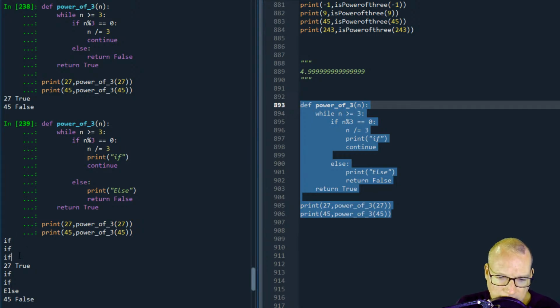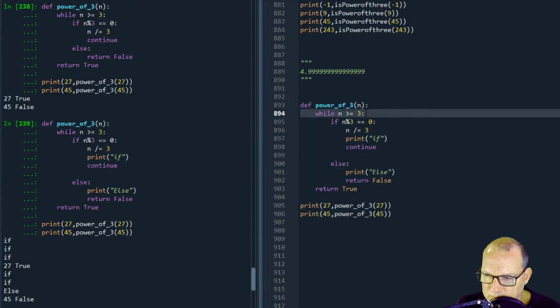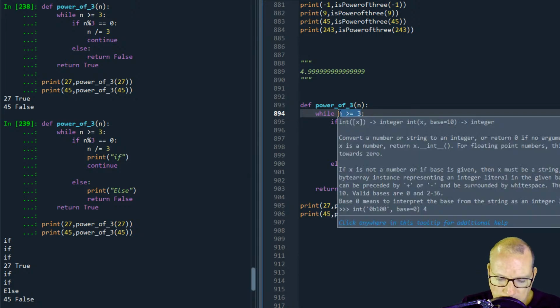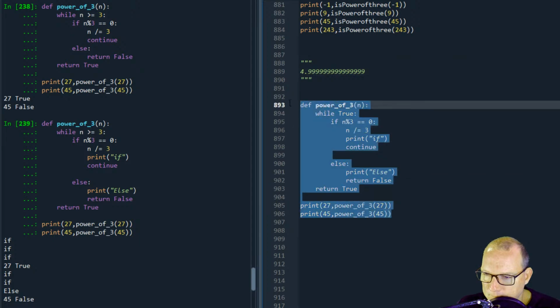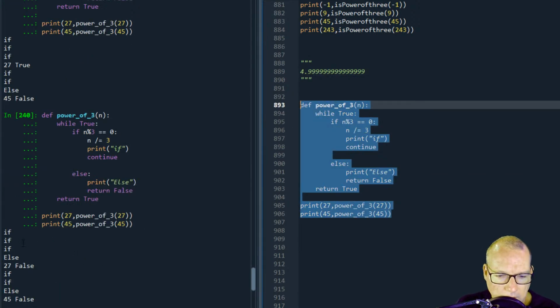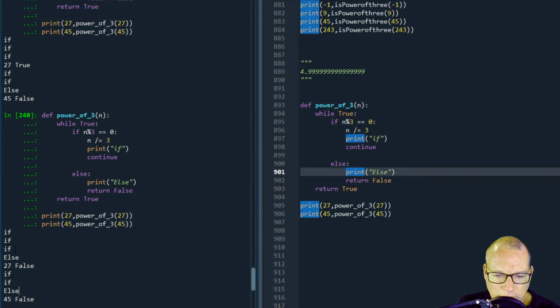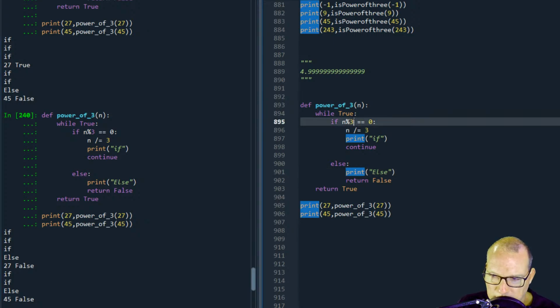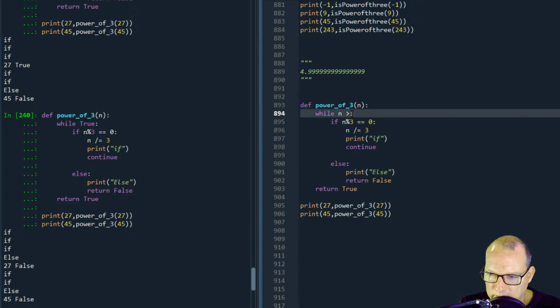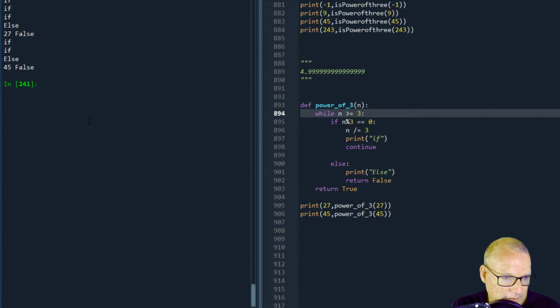So I was having if, true. So let's get rid of this and let's put this back to true. I forgot this step. All right, so 1, 2, 3. And then I was having this hit else. And that's when it dawned on me that I was getting too many else's. So n greater than equal to 3. Because I want to get down to this last step and have this be